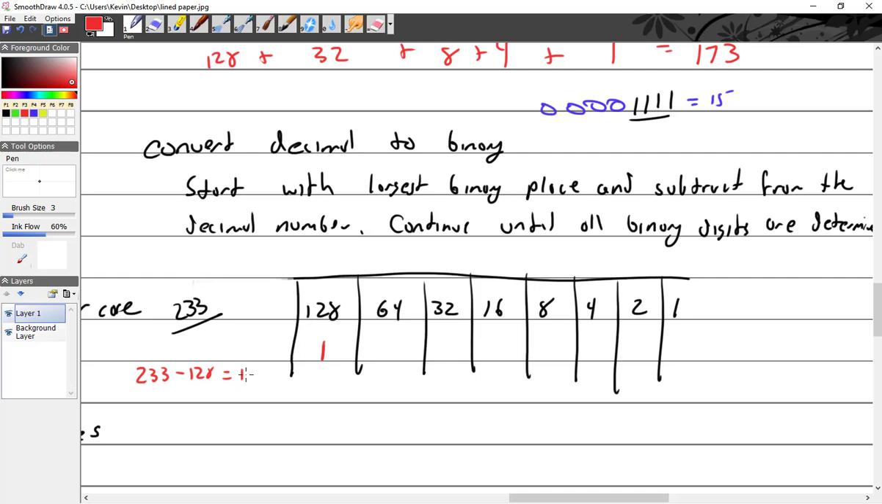Thank you. 105. Right. Can I put a 2 here? Nope. So I go to 64. Can 64 go into 105? Yep. So I'll give it that. So I've got 105 minus 64 equals